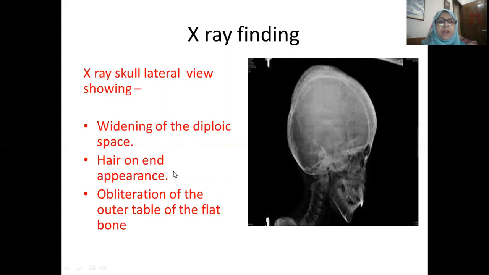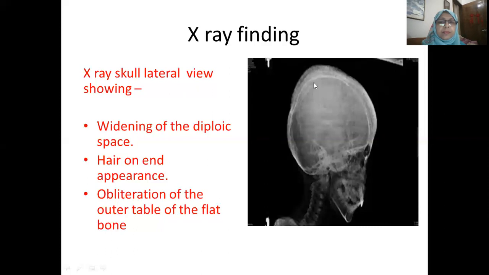Second point is the hair on end appearance. Here you can see the hair on end appearance of the flat bone, that is, on the diploic space. Hair on end appearance from here to here. You can see something like this, but it is actually the changes within the diploic space of the skull